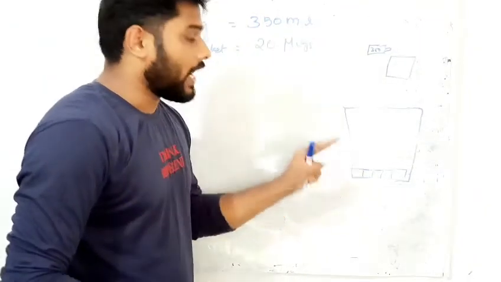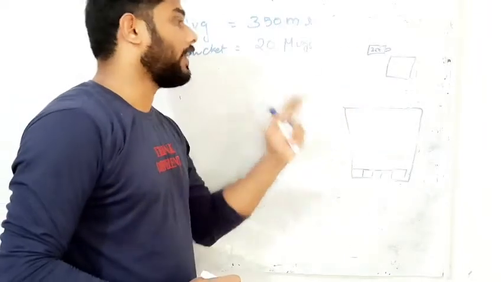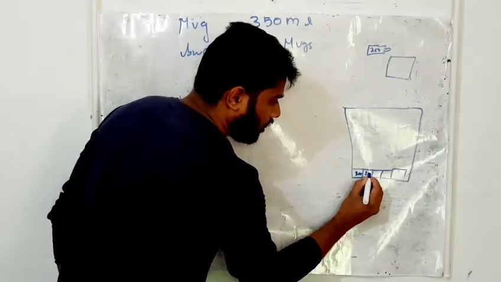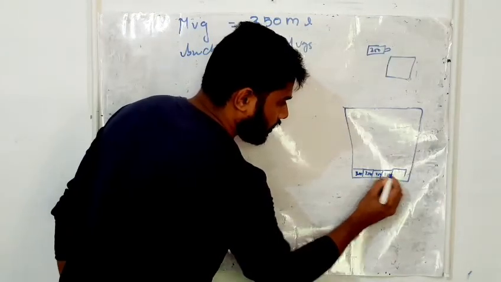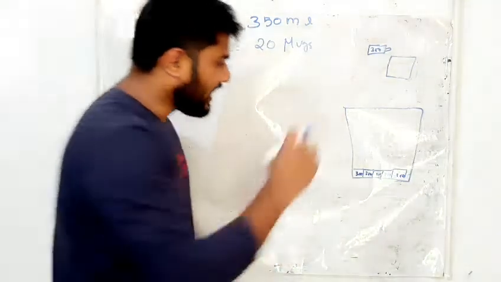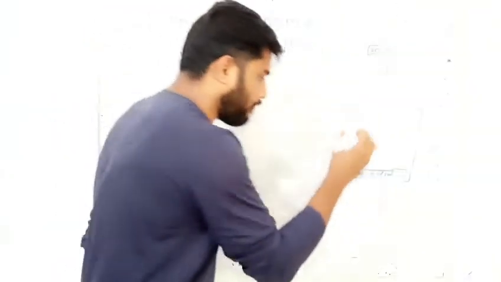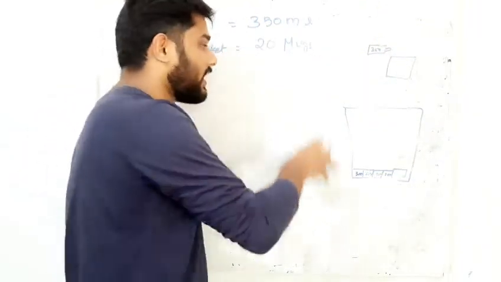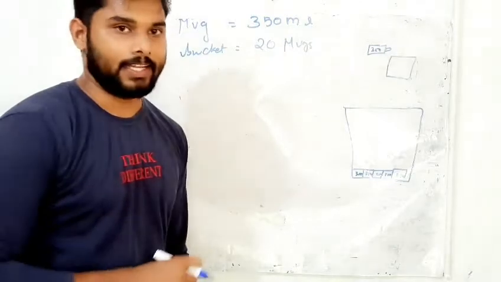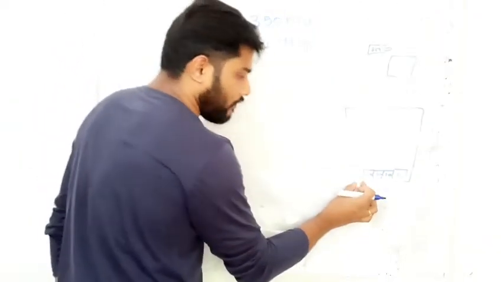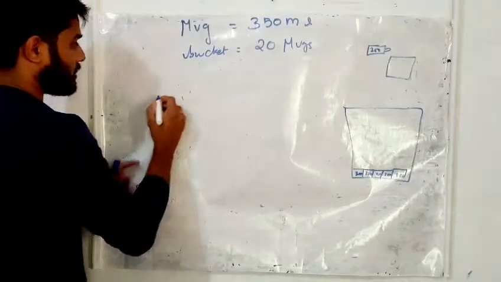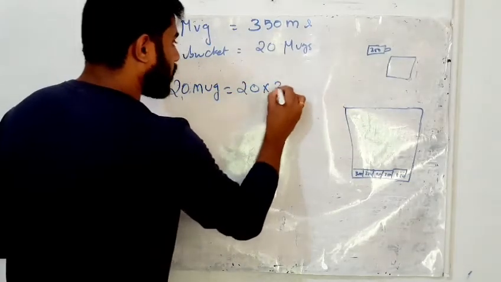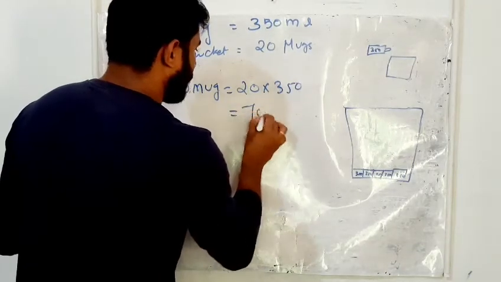Now we have to find out how much liquid is inside the bucket. So 350, 350, 350, 350, 350. According to our question, each mug has 350 milliliters. Like that, 20 mugs we can keep inside this bucket. Clear? So each mug has 350 milliliters and there are 20 mugs. 20 mugs means 20 into 350. It should be 7,000